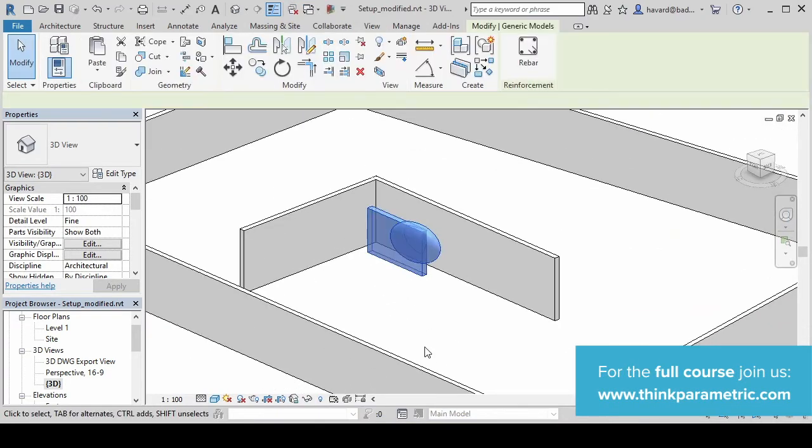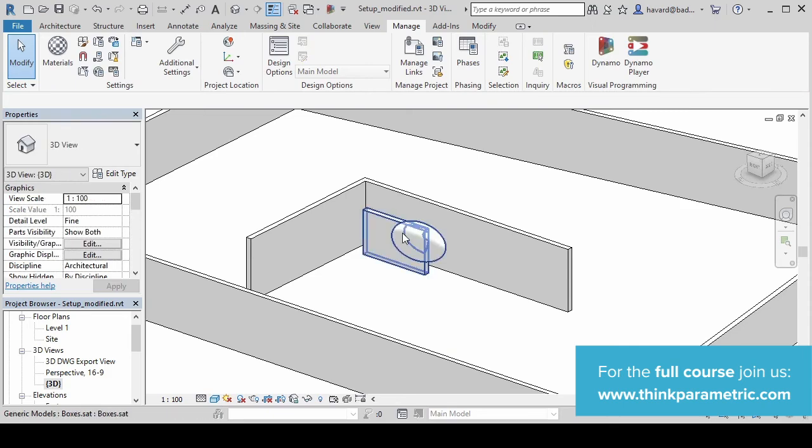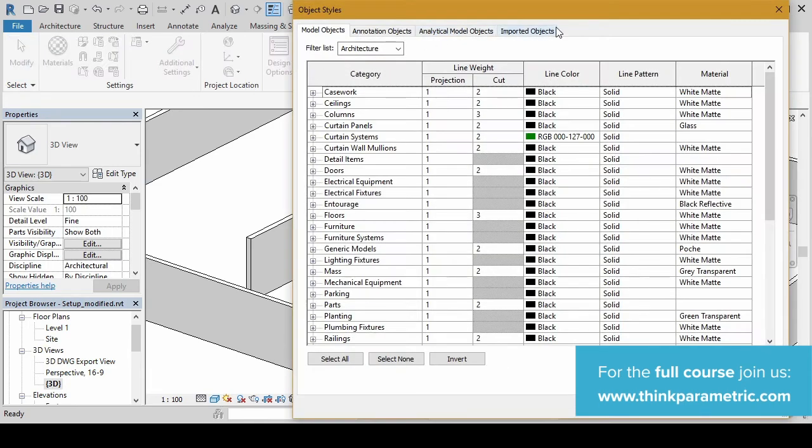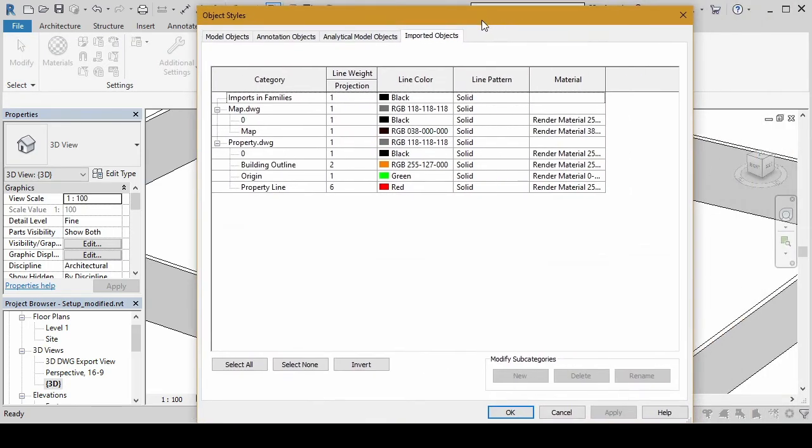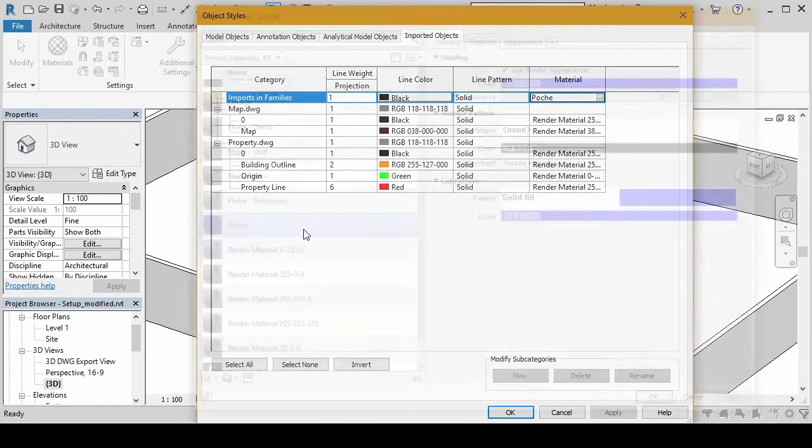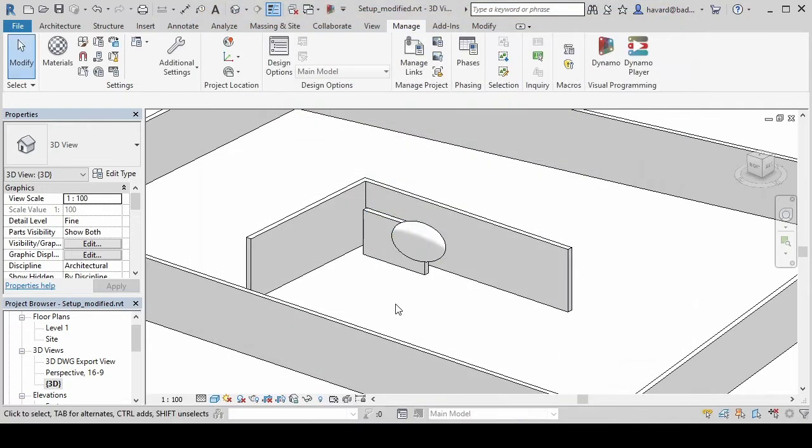Okay. Oh, that's actually not the case. I'm using generic models. I'm using boxes SAT. Ah, I remember. It's in the imported objects. Imports in families. Poche, click OK. No, this is actually wrong.